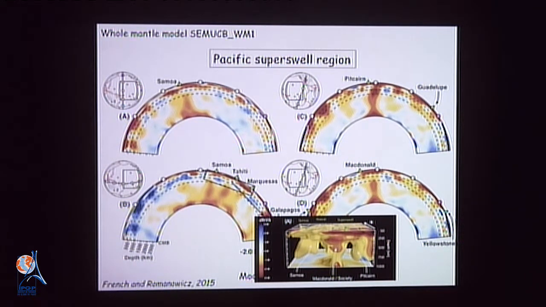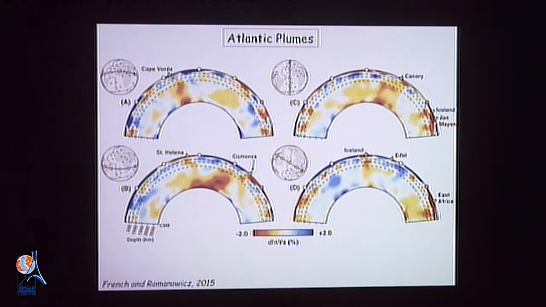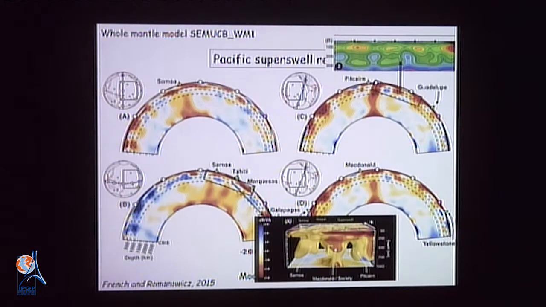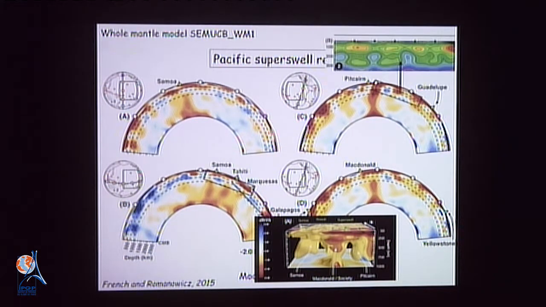The other thing I wanted to point out here is in the upper mantle at Pitcairn, down to 600 kilometers, you can see these alternating zones of high and low velocities, which are the same as we saw before from these fingers that I showed in the upper mantle, and you see these features in many of these cross-sections manifesting the secondary scale convection